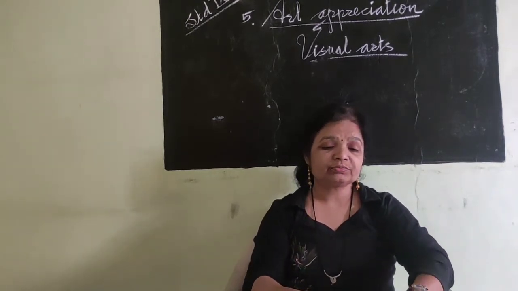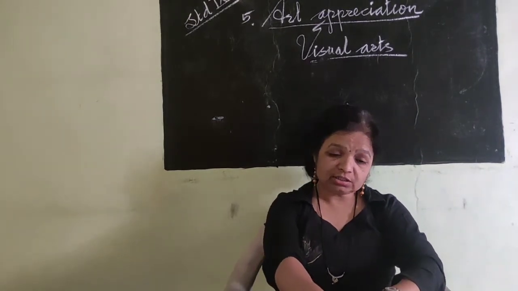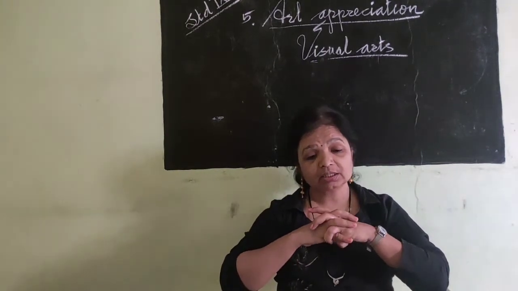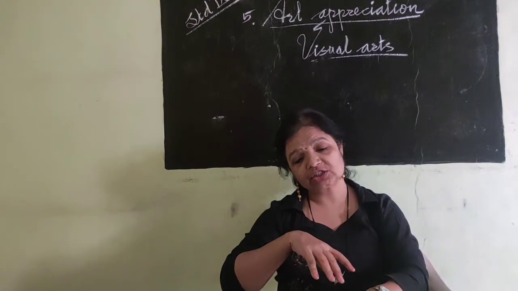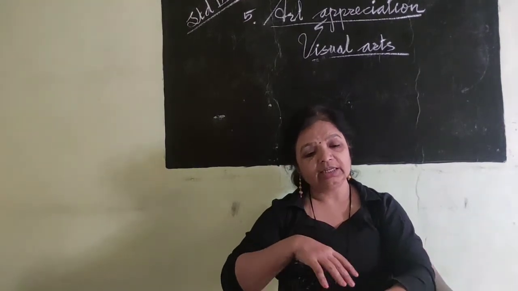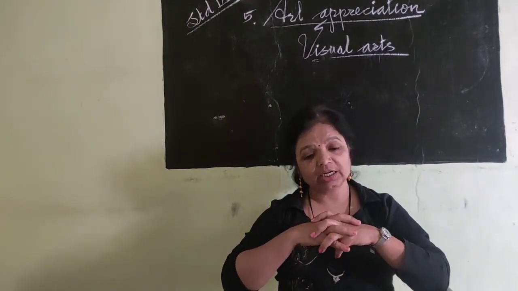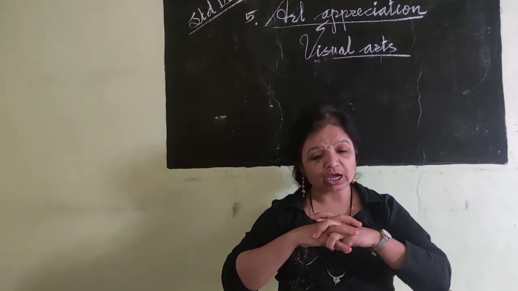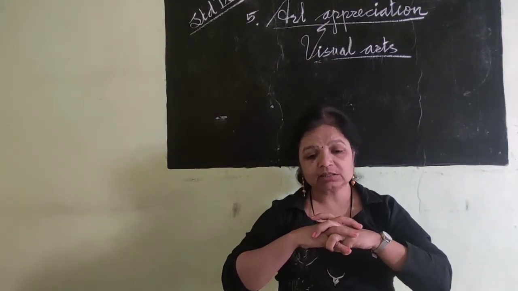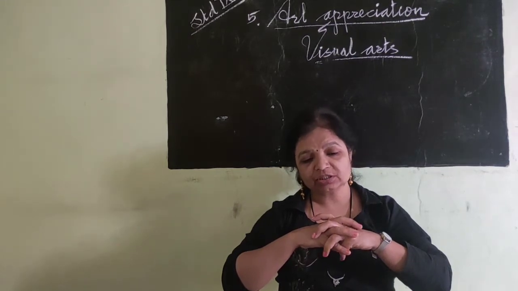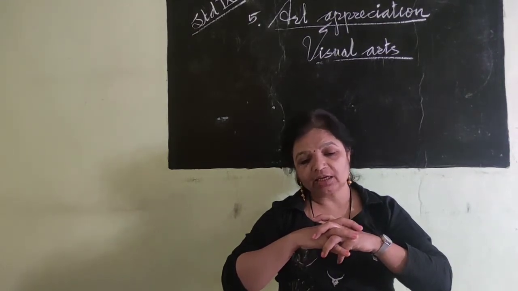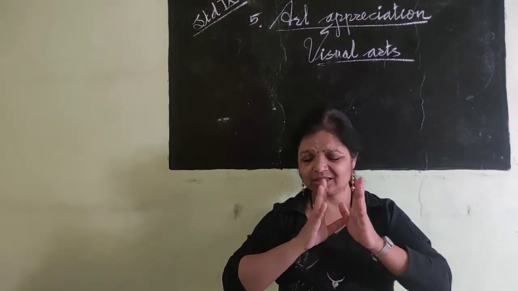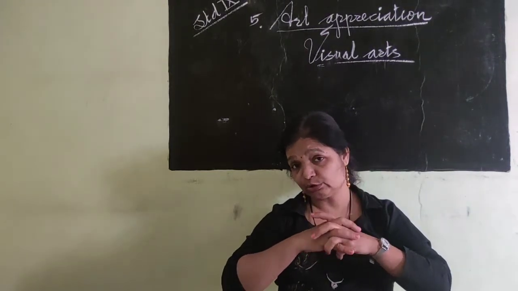Turn the page now. We have the third element here. It's color. Color is used to generate emotions, define importance, create visual interest. It is referred to as hue. It is also used to highlight an area in an artwork. What does hue mean? Another name for color, we can call it hue.